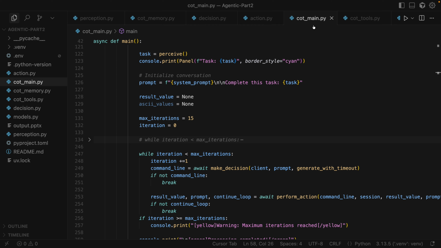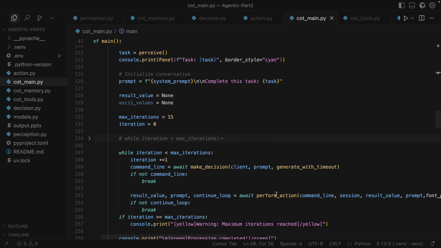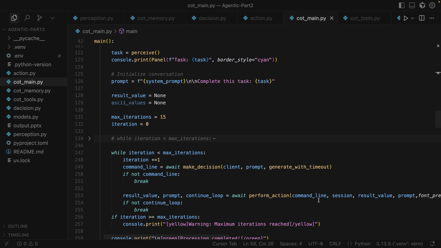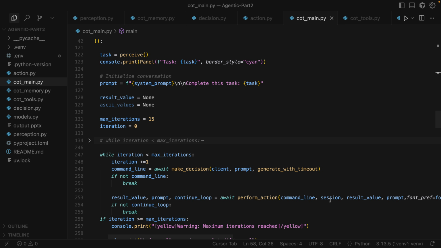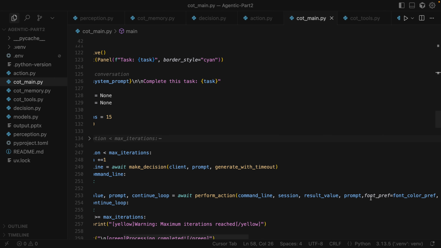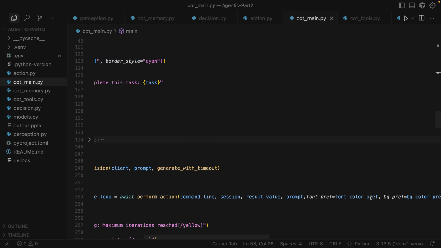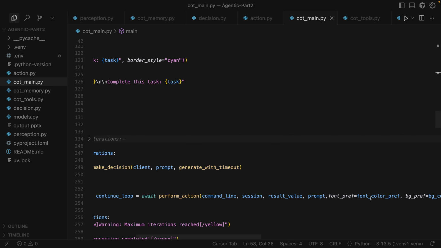And once those functions are called, then we are calling the perform action that is coming from the action.py file. And here is where we are sending what is the function that needs to be called, the session, result values, the prompt, and the font preference, and the background color preference. All of this we are calling,